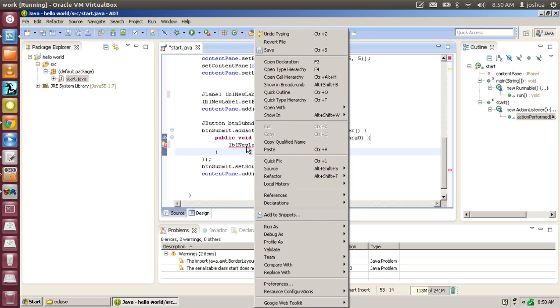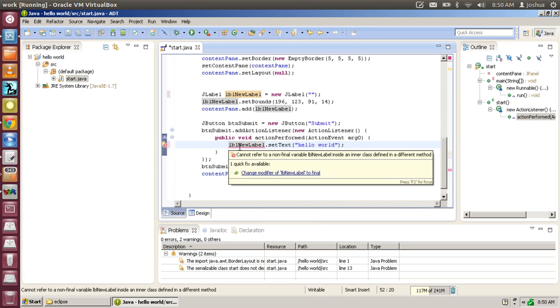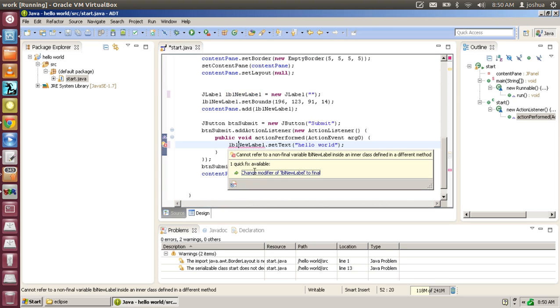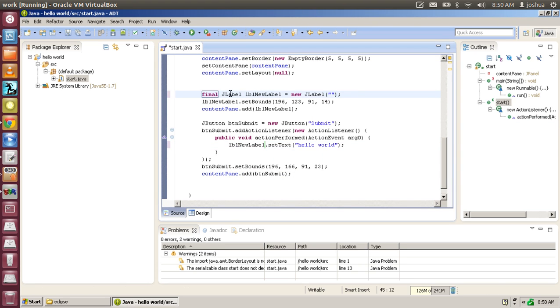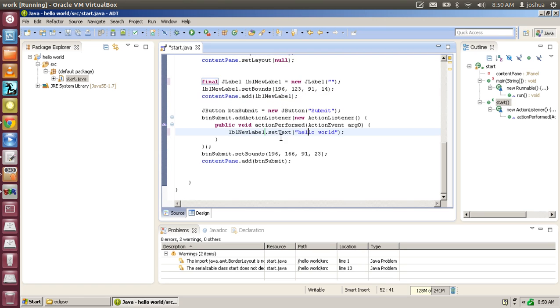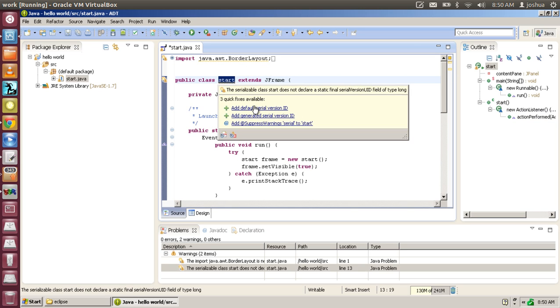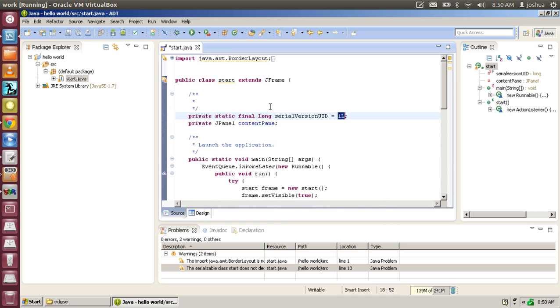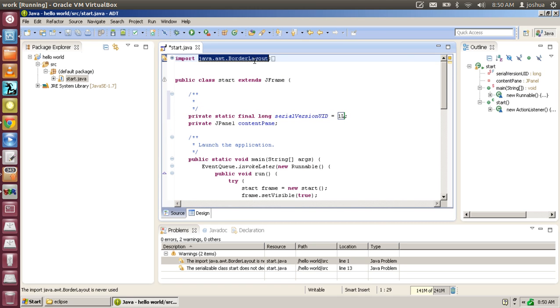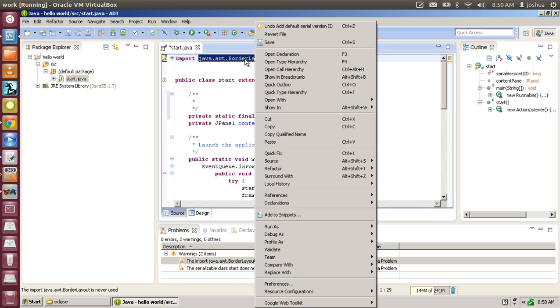So a quick fix, usually you can go with it. Sometimes it's better to actually modify them yourself, but we're going to go with the quick fix for now and just change that variable to final. So now it's a final JLabel, and now I'm not getting any errors. Now I am getting some formatting warnings, so I could add a default serial version there. Now that's gone. And BorderLayout,